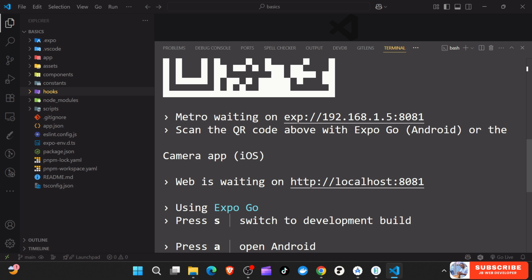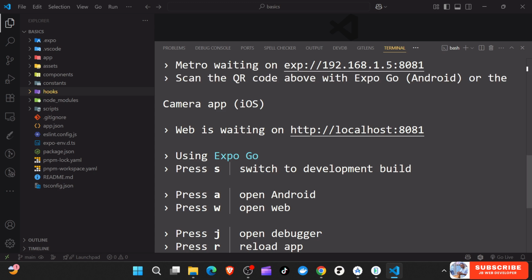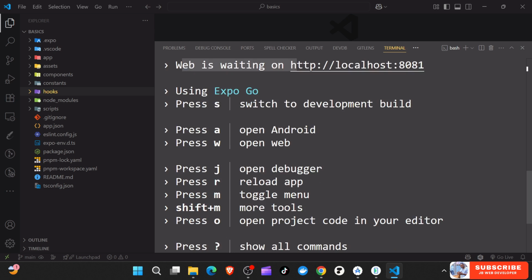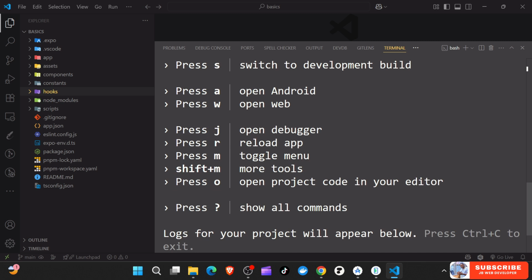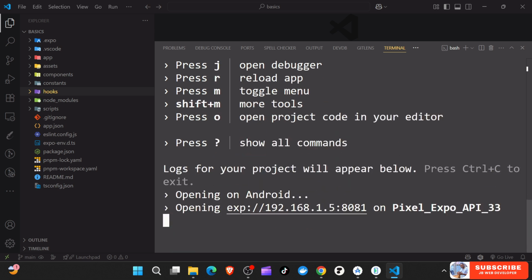Now, you can open using other ways. Another one is web. The good thing is that if you don't want to use your phone, you can also use web. Then you can use the Expo Go app. For instance, you can open Android, you can open web using W, you can reload using R. Every time you press R on the keyboard, it will load the app. And there are many other tools. So I'm just going to go ahead and press A, which stands for open